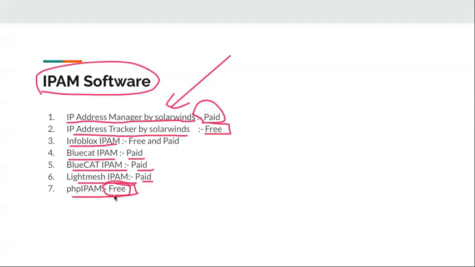So this is somewhat a way to explore more about the IPAM, get the understanding and explore. And if you really find that this is something which you want to look at from the enterprise grade, then you can go ahead and upgrade it to the enterprise paid version, which is going to come with those features as well. So PHP IPAM is there, which can help you get started and manage it,